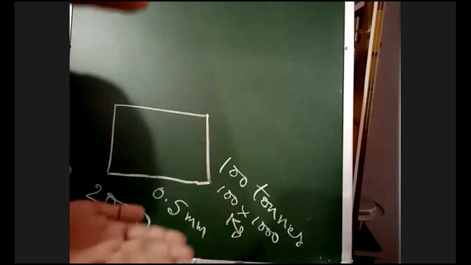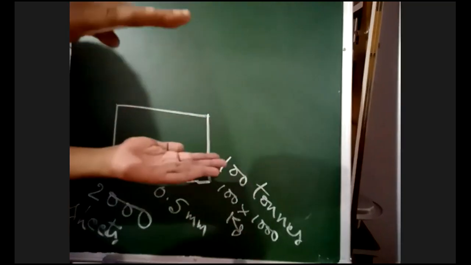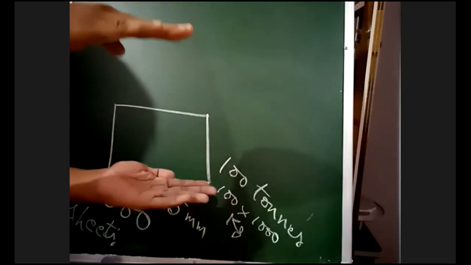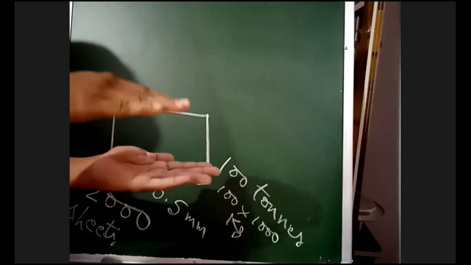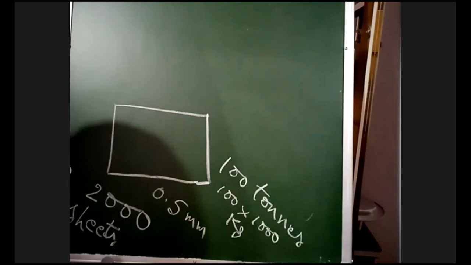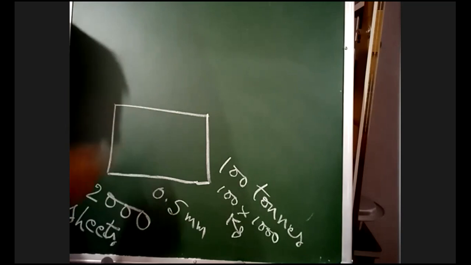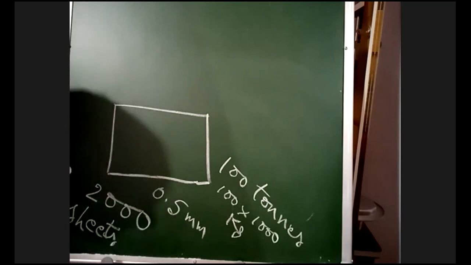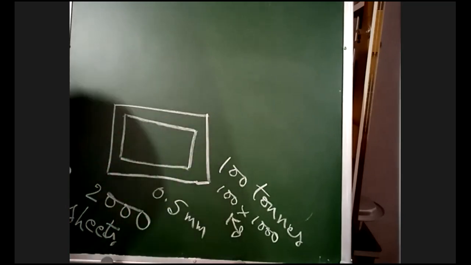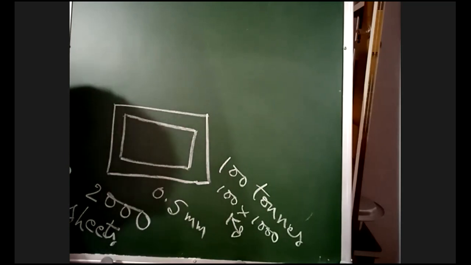And we have 2000 sheets, this much bunch. If I place this 100 tons weight on this bunch, it will be compressed like this, and I will get one small size iron piece, the core. That is called the core. I am arranging 2000 sheets here. If you compress this, we'll get a small size rectangle piece. That is called a soft iron piece.